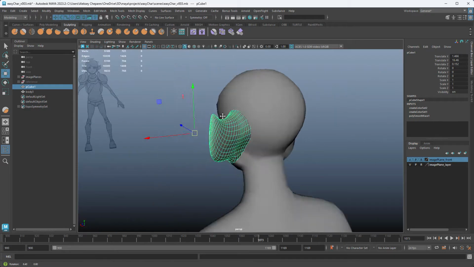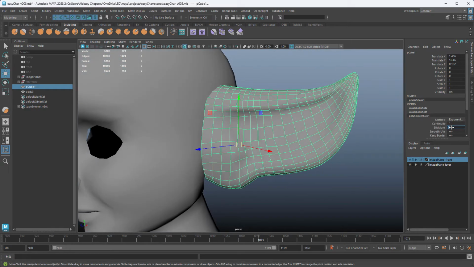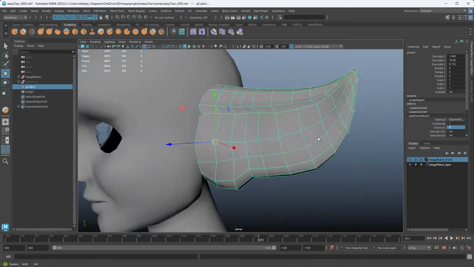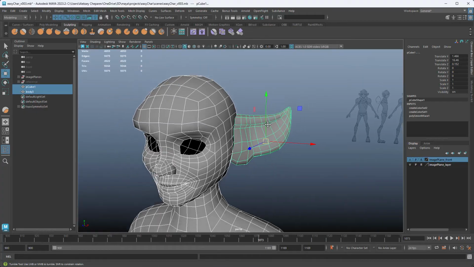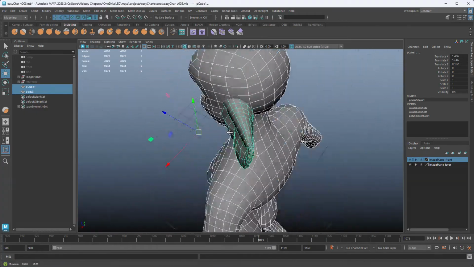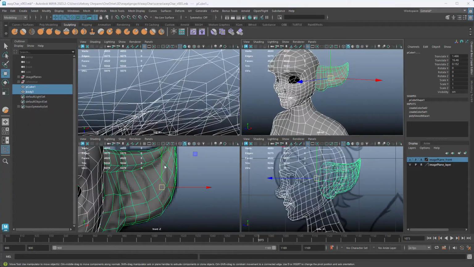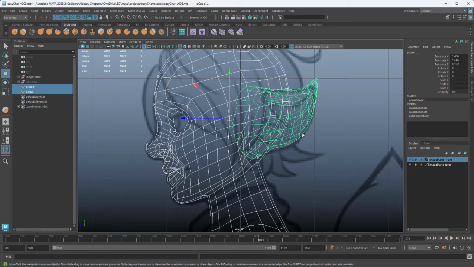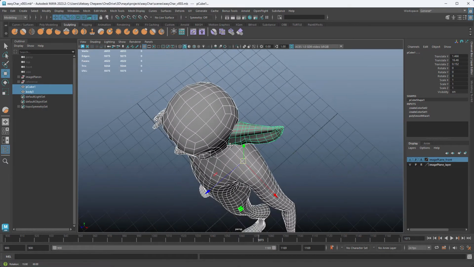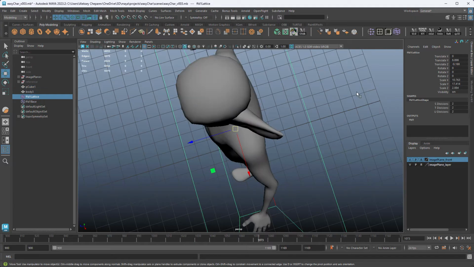There's a lot more we can do to it, but I really don't want to. So let's go back to 0 actually, not 1, because all we need to do is connect it. Once we do another subdivision, we can do more sculpting, but the main geometry is there, which is good. Now I also want to make sure that it actually fits the head, because right now it's so swept back, I don't think it's going to look good.